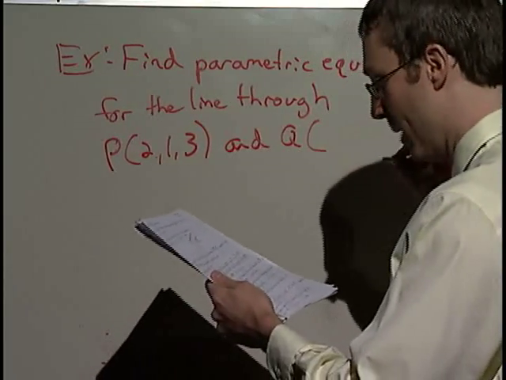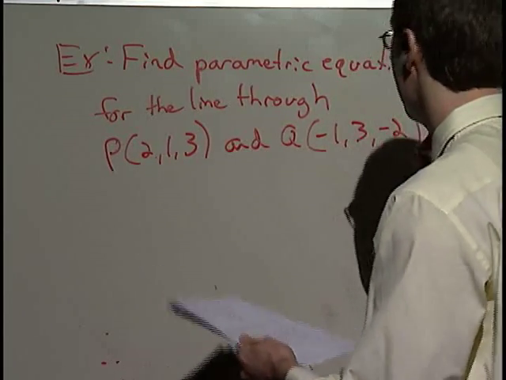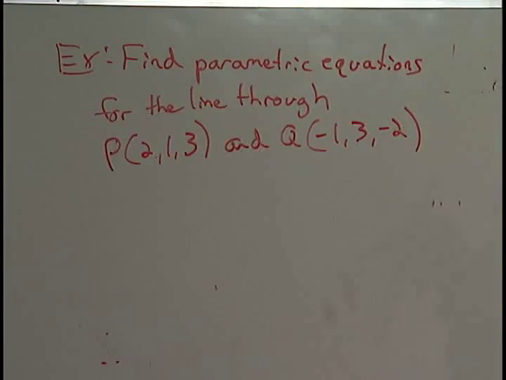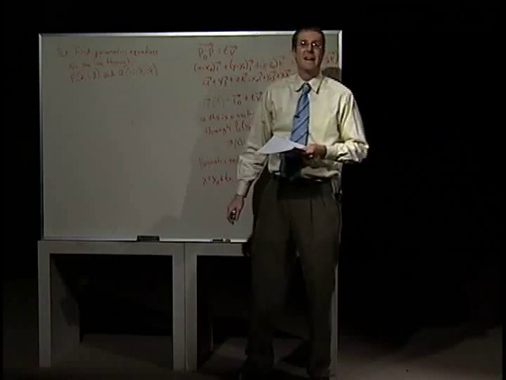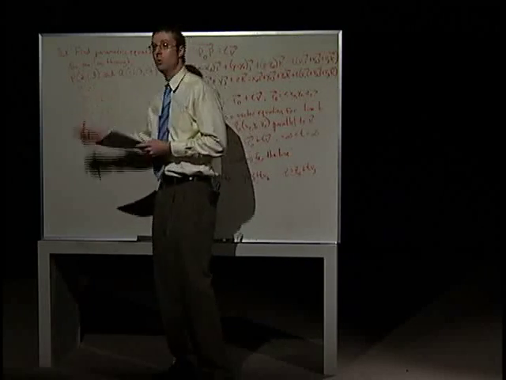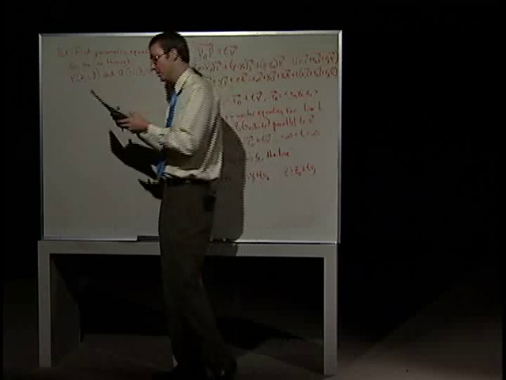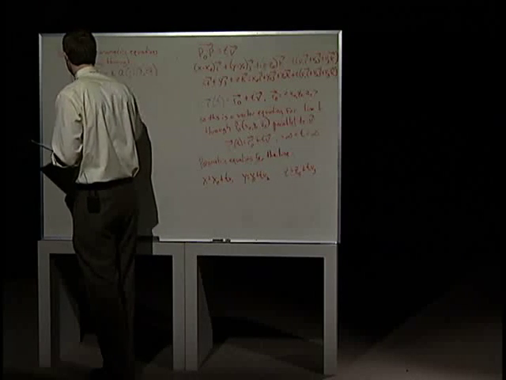Through the points P(2, 1, 3) and Q(-1, 3, -2). Okay, so let's find the equations for this line. All right, well, we've got to have a point on the line. Well, hey, we've got 2 of them. That part's taken care of. Got to have a vector parallel to the line. Well, certainly the vector PQ is part of the line itself, so it's parallel to it. It's actually in the line, so that works. So if we get the vector PQ,